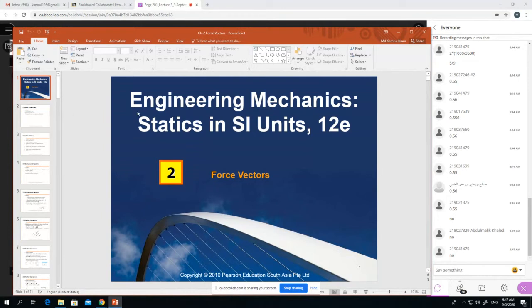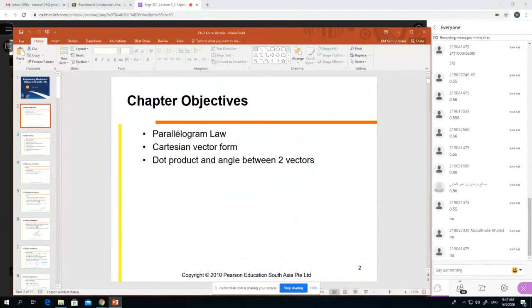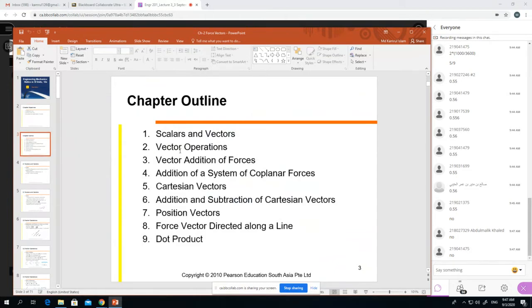The chapter name is force vector. Here we will be learning parallelogram law, Cartesian vector, dot product, and angle between two vectors. These are our chapter outline: scalars and vector operation, vector addition of forces, addition of coplanar forces, Cartesian vectors, addition and subtraction of Cartesian vectors, position vector, force vector directed along a line, and dot product. So we will touch all nine topics, but